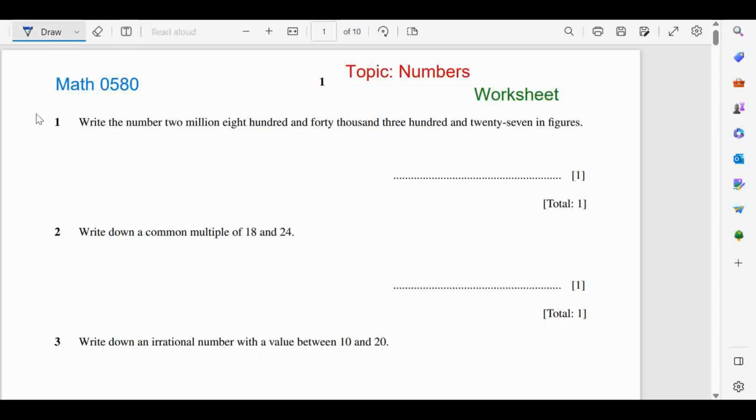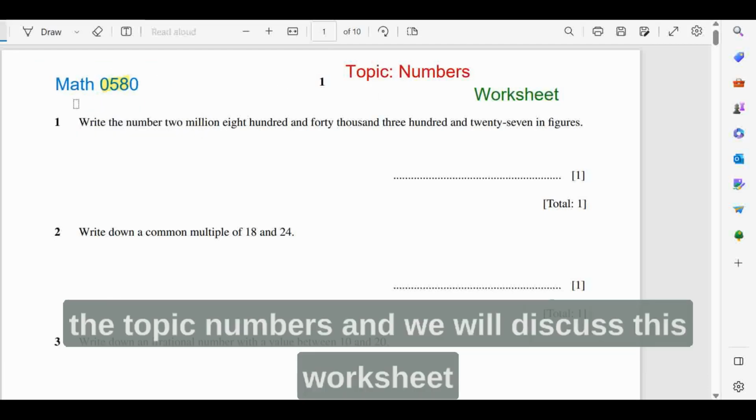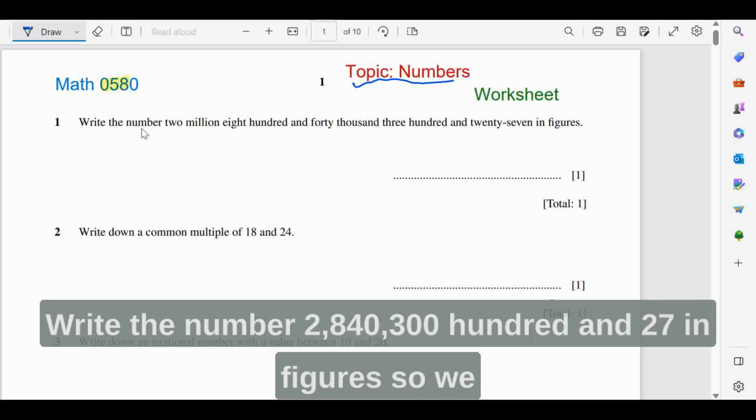Hello everyone. Today we are going to discuss 0580 maths, the topic numbers, and we will discuss this worksheet and a few of the questions. Write the number